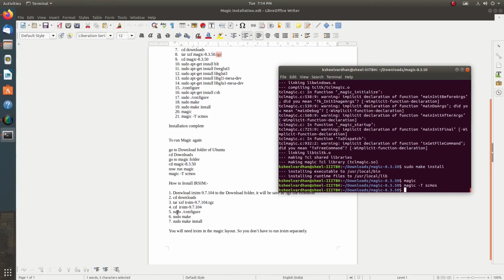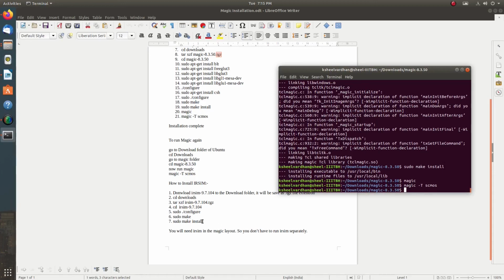Why do we use IRSIM? We use IRSIM because we have to convert this magic file, which we have already constructed. Assume that I have constructed a magic layout of CMOS. Then we have to convert this magic file to a sim file, and only then can we see the output. We can observe the waveform. That's why we use IRSIM, and it can only be used with magic.